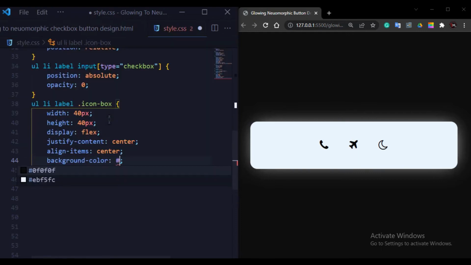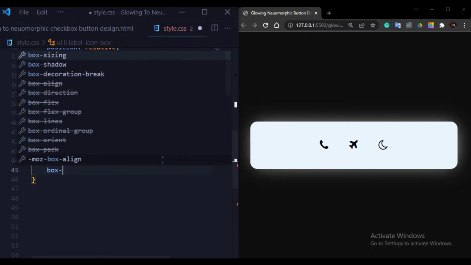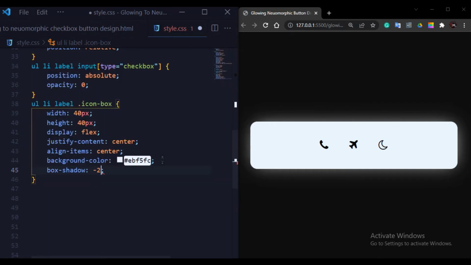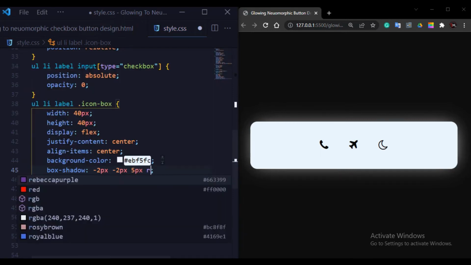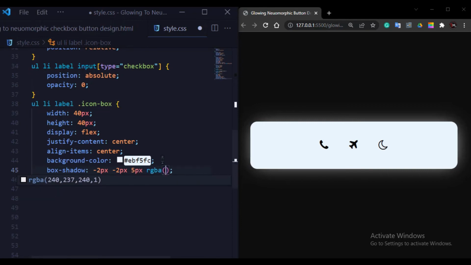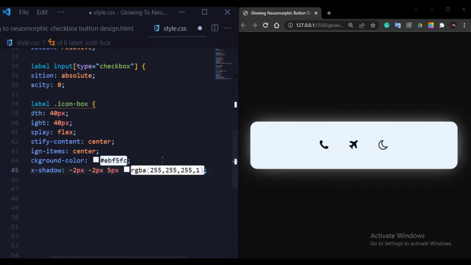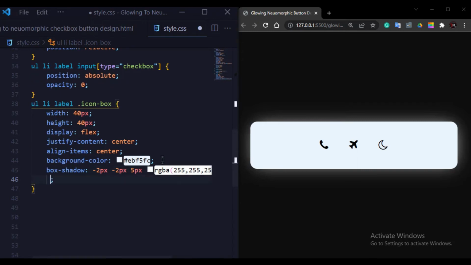Now I will change the background color, hashtag EBF5FC, and now I will give some box shadow here. Box shadow -2 pixel, -2 pixel, 5 pixel, RGBA 255, 255, 255, and here opacity is 1, and some more box shadow I will give here.